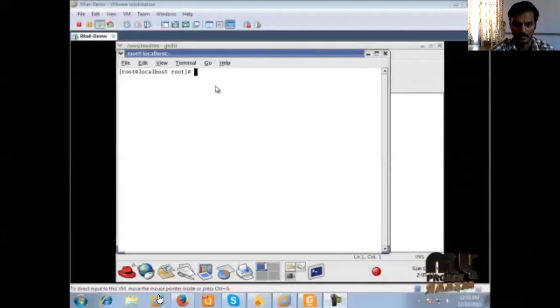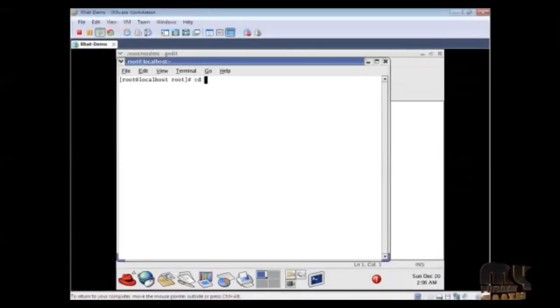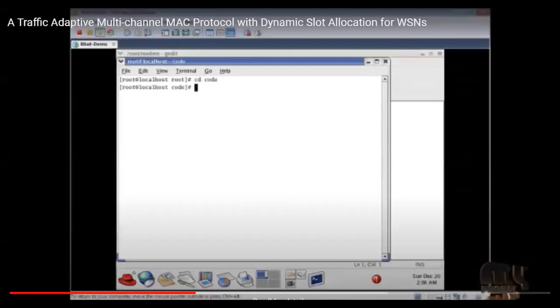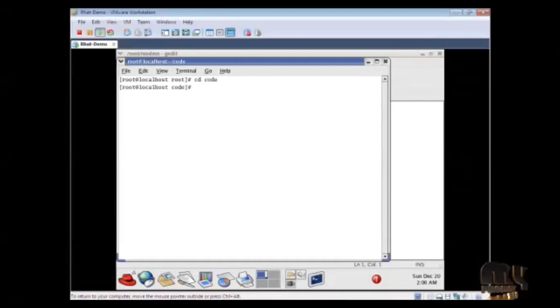Set the path. Series space. Then run the coding. Yes.